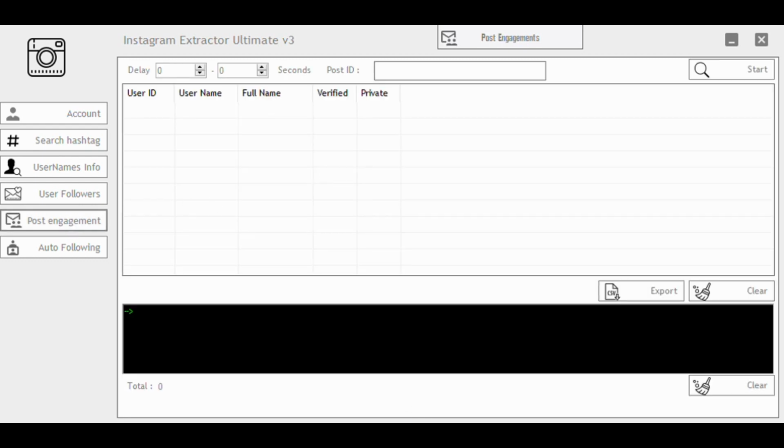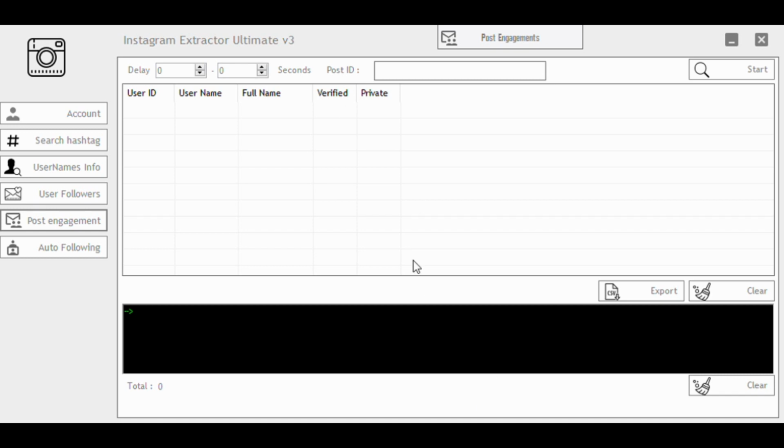Now we'll search for people who commented on a specific post. Let me tell you how to get a post ID. I'm not sure about the Instagram application because I still don't have an Instagram account, so I was searching for posts on the browser only. I got a post from the same page, Autolicious.